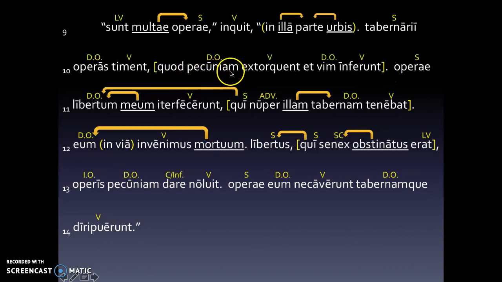Pecuniam, nice first declension noun, definitely accusative. Extorquent, nice NT there, that's our verb. Et is a connector. Vim, this is kind of a weird noun. It is accusative singular. You've got a vowel and you've got an M. Inferent, again, a nice verb. All right, so let's go back to the beginning. The shopkeepers fear the thugs